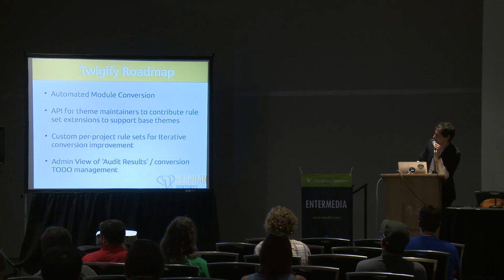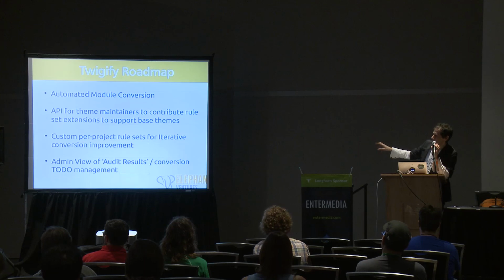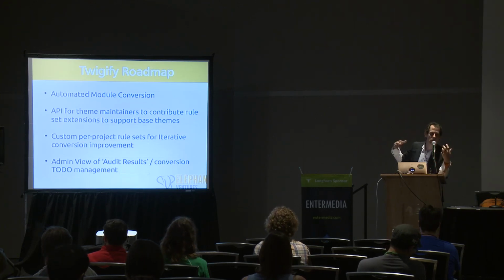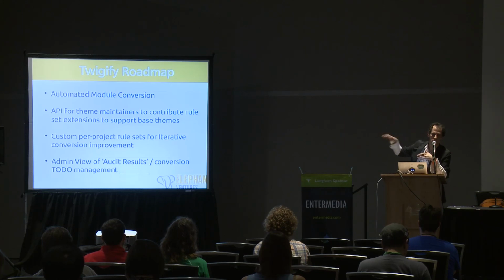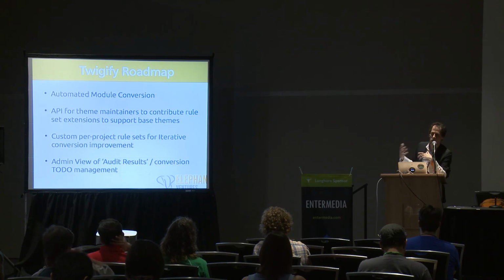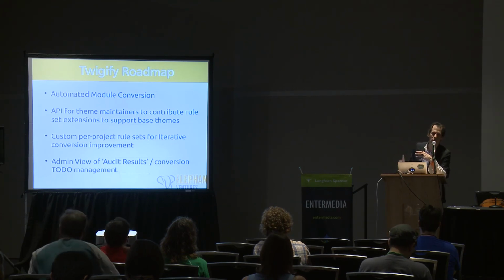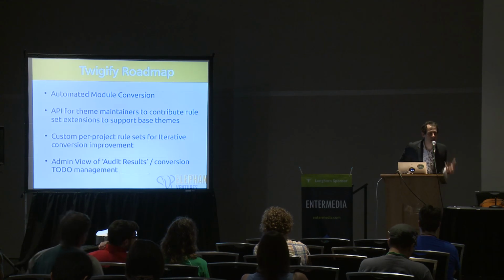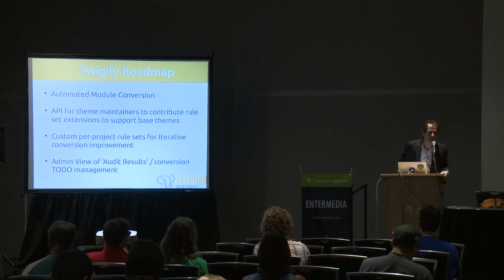And then we finally have to clean up an admin view of the audit results with a conversion to-do management. So when you get all done, you basically run the audit. It tells you where your site is. You run the automated tool. It converts everything it can do automatically, and then the audit tool goes back and says, well, here's what's left. So at least now you have some sense of what you have to do,